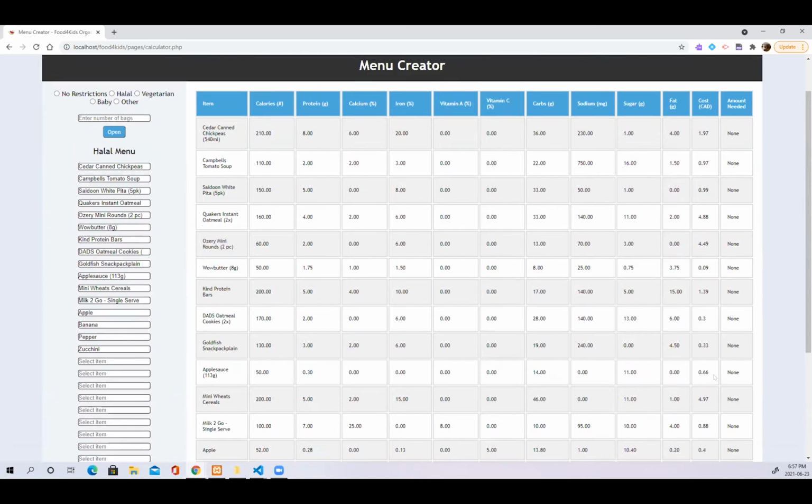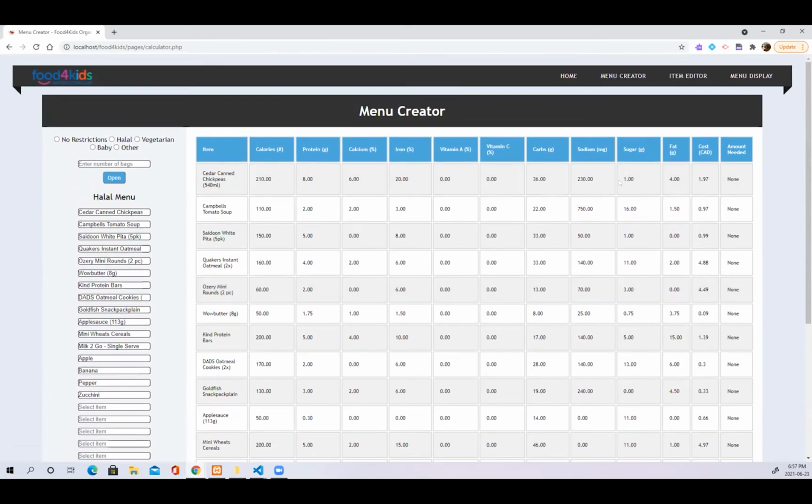And now another functionality we've included here is inventory management. So let's say you actually want to now distribute these bags, right? You can enter the number of bags you wish to distribute, and then it will show you how much of each item you need to purchase in order to distribute this bag. So let's say I want to input my number of bags, right? I can go and choose the menu I want to distribute and enter in the number of bags. Let's say we choose to do 65 bags for now